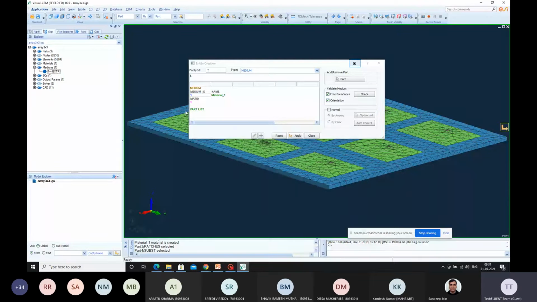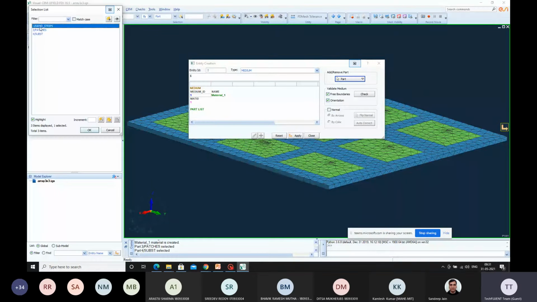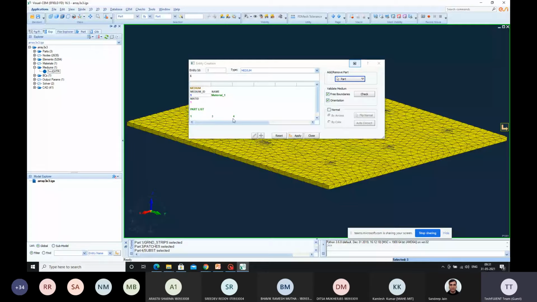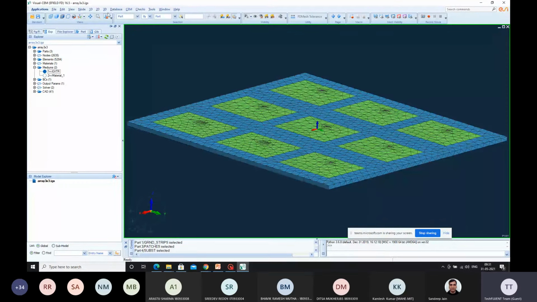And now here what you have to do is, you have to select all the entities and put them inside this particular material, so that your substrate which is connected to your patch and also your ground planes will be excited with the dielectric material properly. So for that reason we are doing this until this step is common. And next we will be allocating the frequencies, and all those things are absolutely the same.